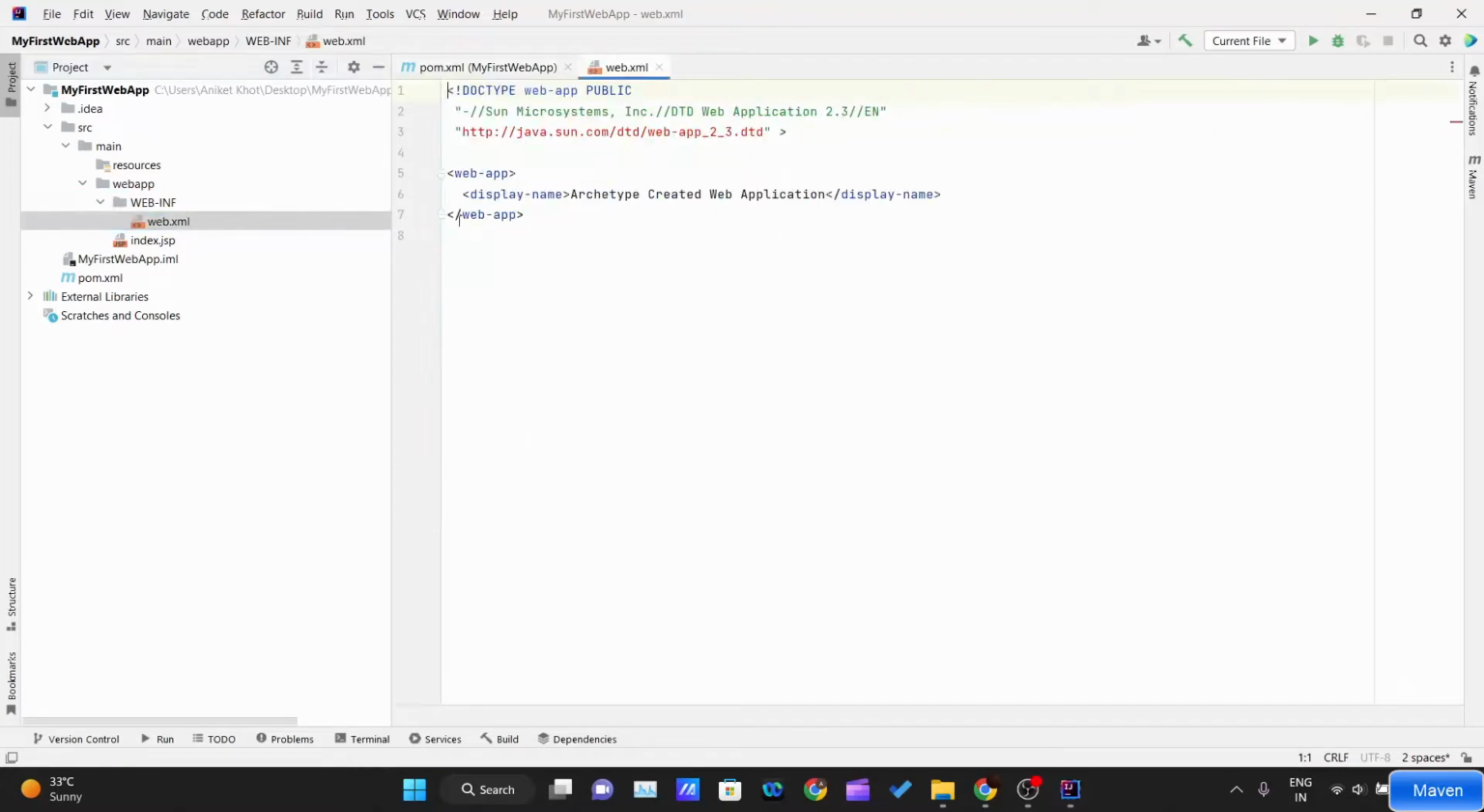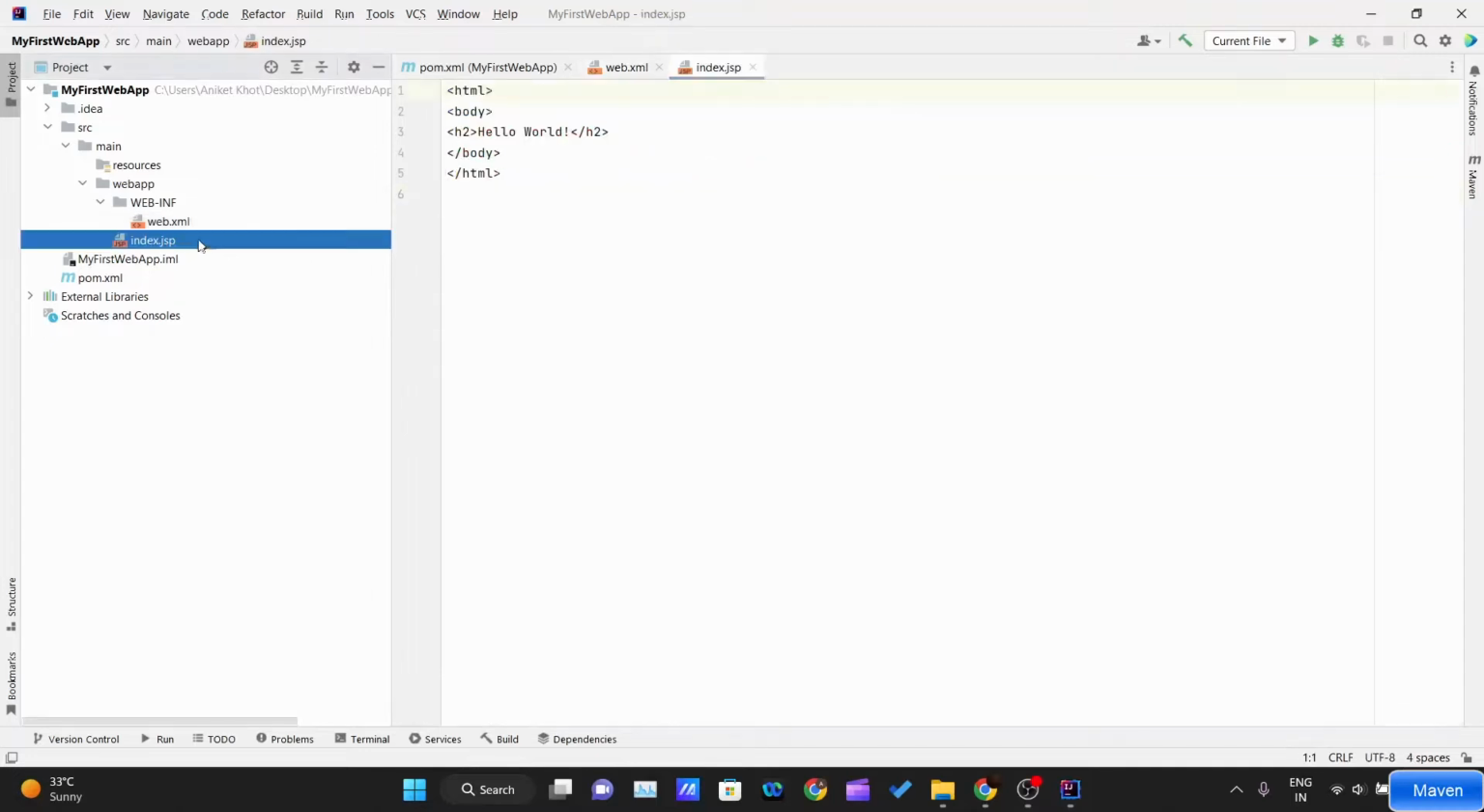Inside web.xml, which is an XML file, the display-name tag is there, and inside it, Archetype Created Web Application. So it is telling us that we have used the archetype of web application. And inside our index.jsp, we have an HTML tag, a body tag, and inside the body tag, Hello World. You can modify this Hello World with whatever you want. You can go ahead and write your name,